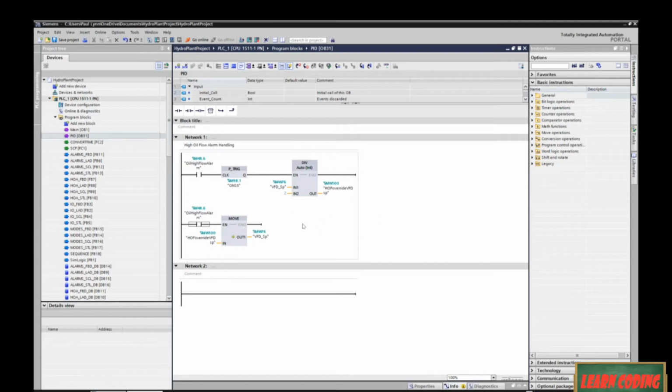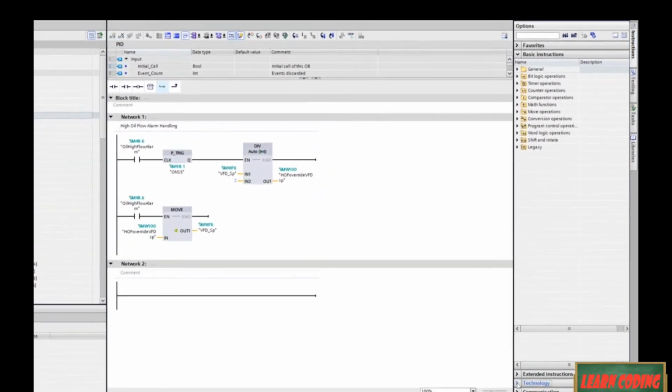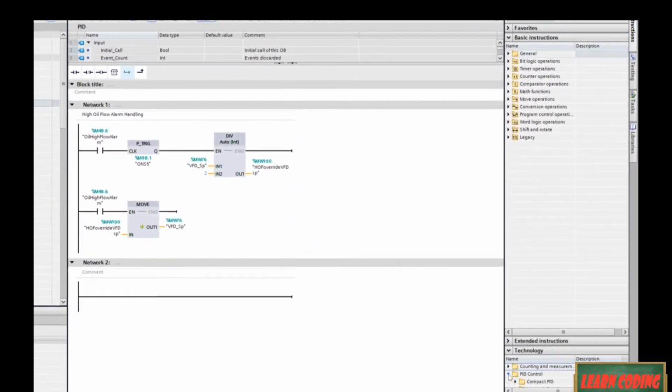Right now, we're already in our PID program block that we created before when we needed to create this override logic while we were going through our alarms. So now we're just going to go ahead and create our actual PID controls, and we're going to make this simple, okay? So let's come down here to Technology, PID Control, Compact PID, and I'm going to bring one in